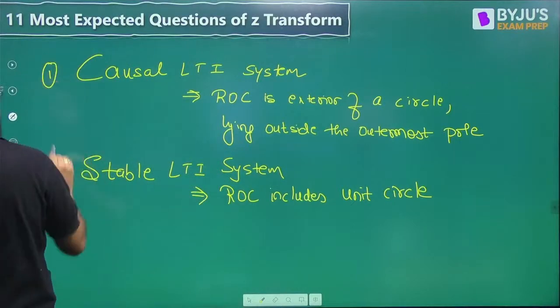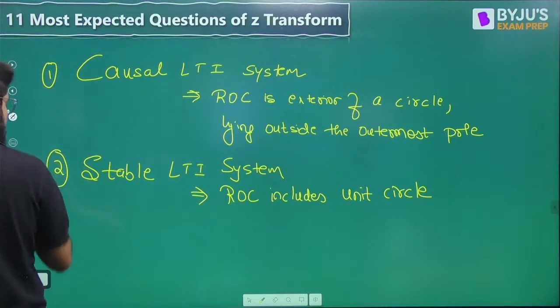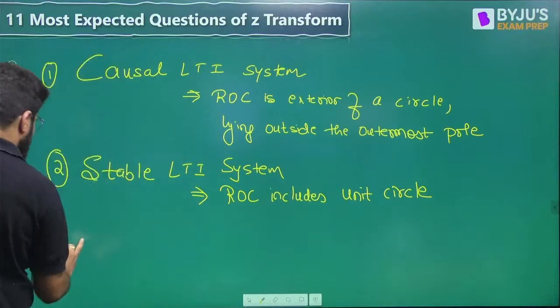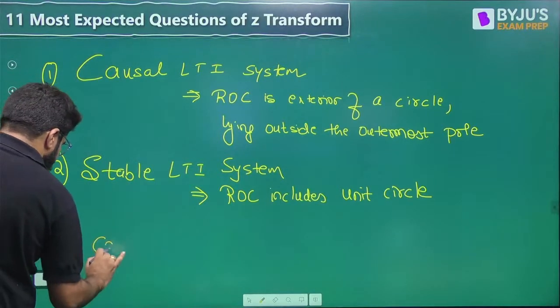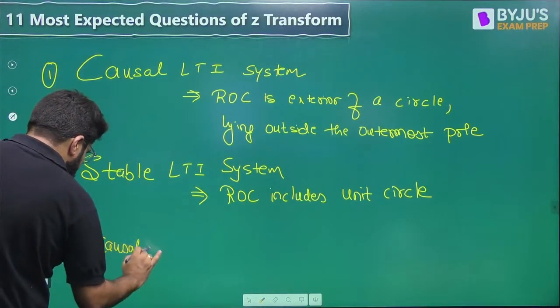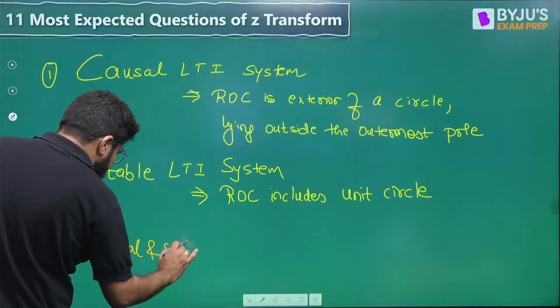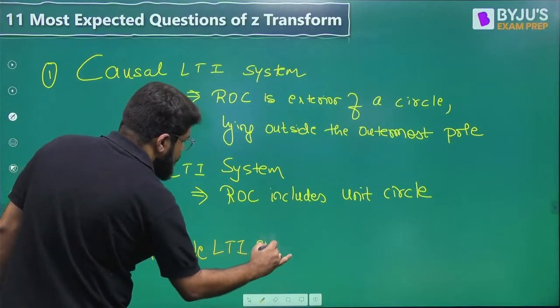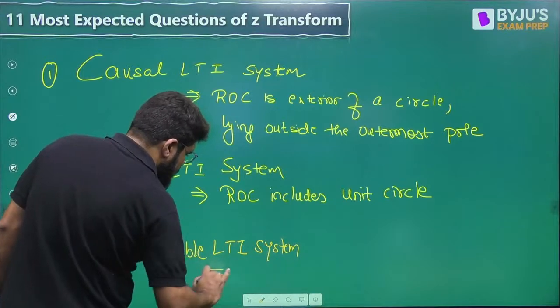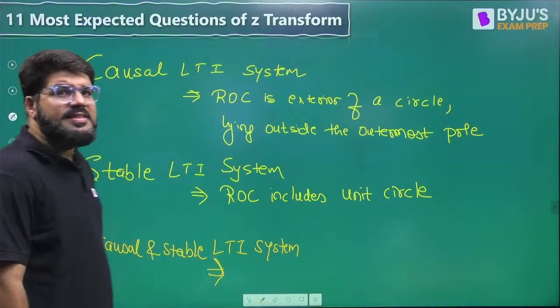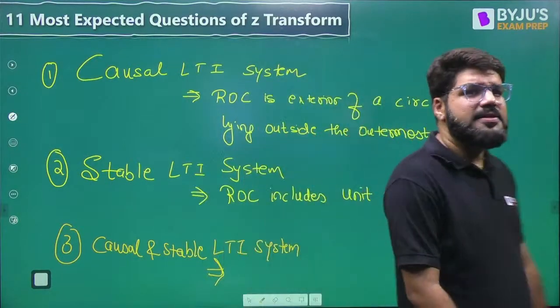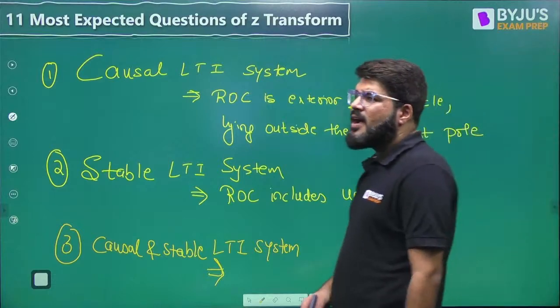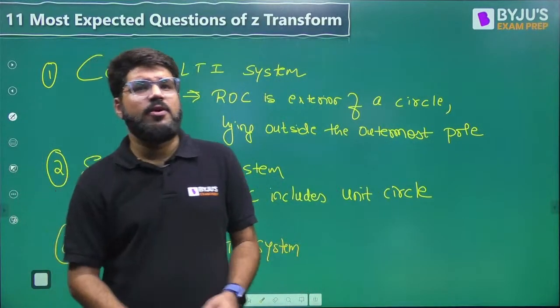That is point number 1, point number 2, and number 3 is the important point combining both. If it is a causal as well as stable LTI system, see, causality says that the ROC should be exterior of the outermost pole,